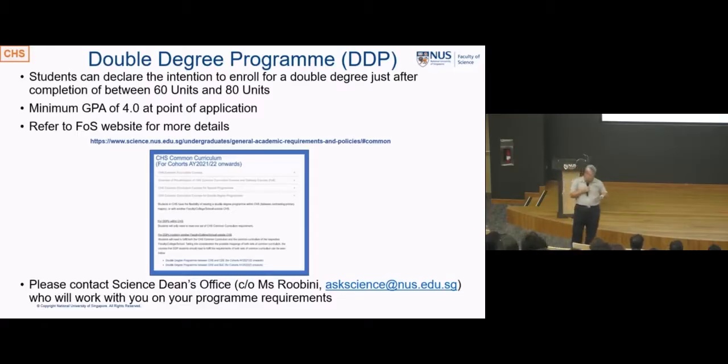But you speak to us. But of course, we have some criteria. You must maintain a GPA of 4 so that we know that actually you're not just taking it because you want to take it. You can manage it as well. So we have that threshold there to make sure that actually you're doing this, but you can manage this as well.